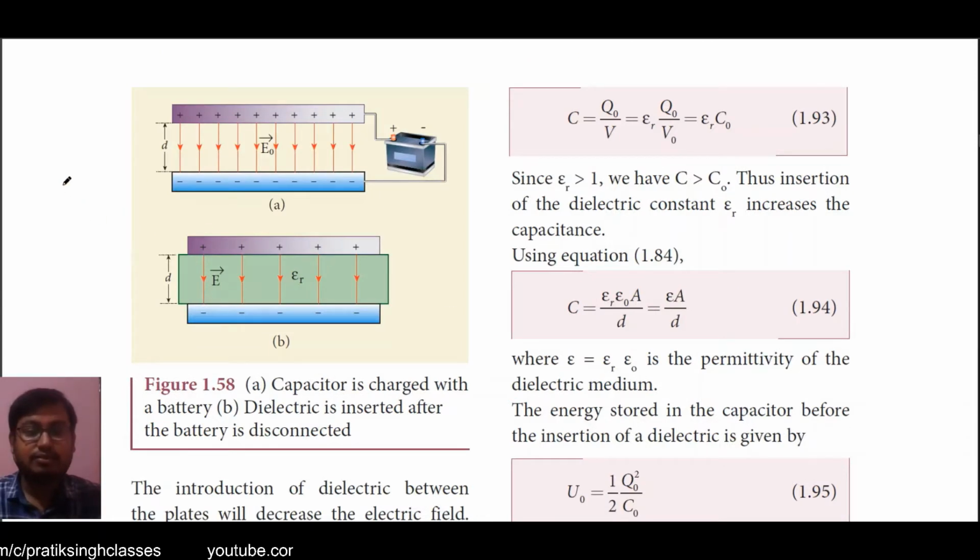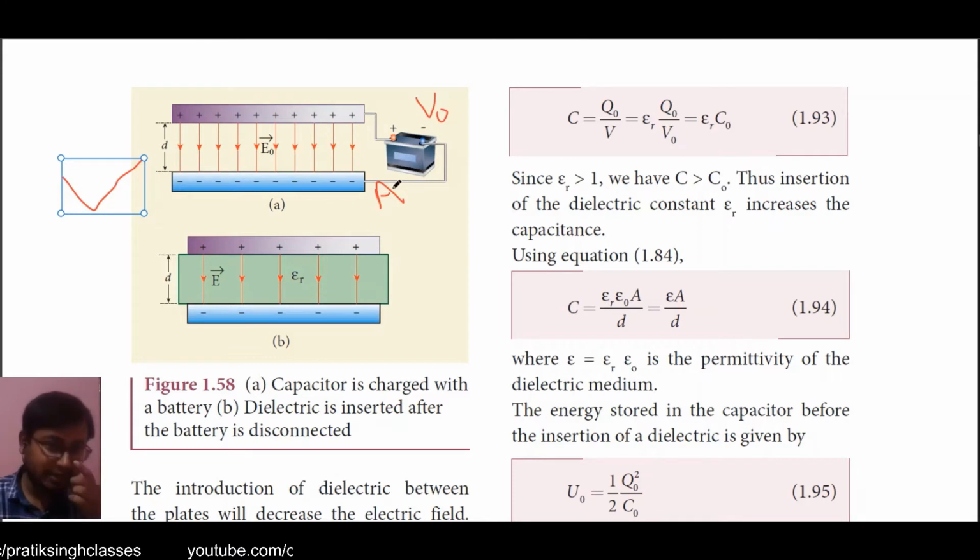Okay, so as you can see here in this first figure, the two plates of the capacitor are there, and the cross-sectional area of the plates is A for both of them, and the gap between the plates is d. Initially it is connected with a battery whose potential is V0. When it is connected to the battery, the charges will flow from the battery to the capacitor, and because of that an electric field will be generated in between the plates. As you can see here, it is denoted by E0.